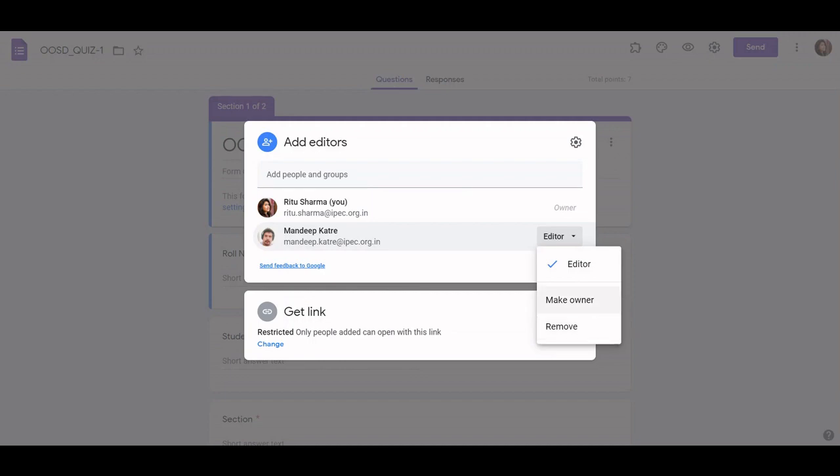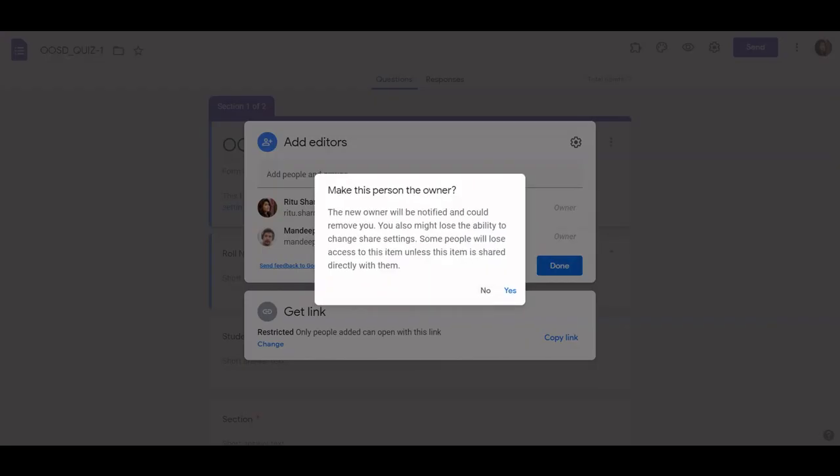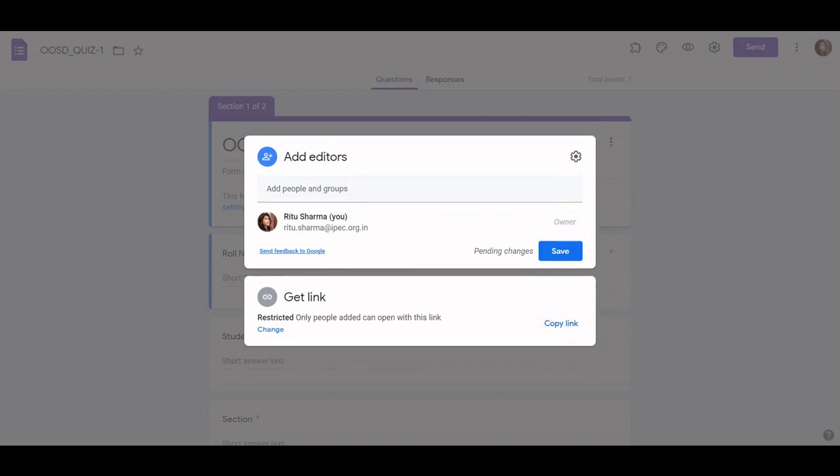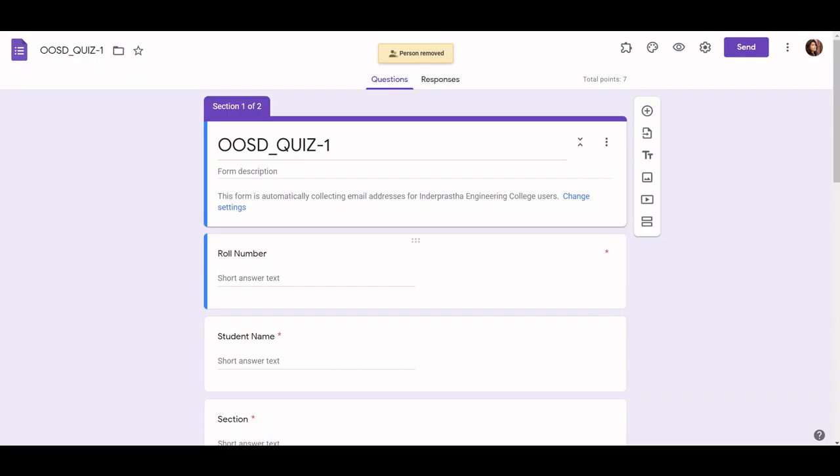If you choose make owner, it will say that the person will be notified and will remove you as the owner, and you will become the editor for that particular quiz. Or else you can remove this person from this quiz as well, and then save the changes, and with this that particular person will get the rights of being editor or owner, whatever rights you are giving.